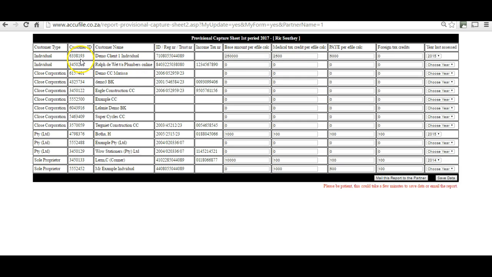I've already opened one for us there, an individual, and yeah, I've put in some figures. There you can see the base amount, medical tax credit, pay as you earn. If there's any foreign tax credits, that can be added there, and then the last year assessed, you need to go and choose that there. Just make sure that